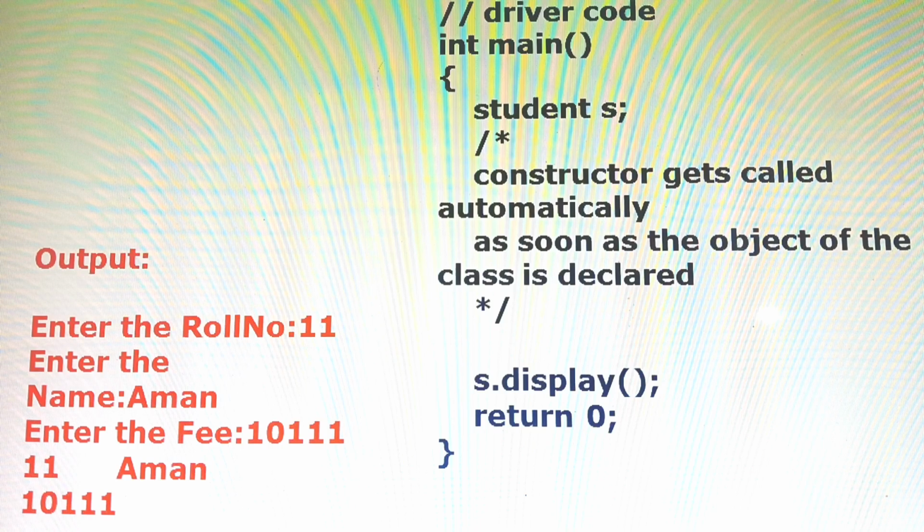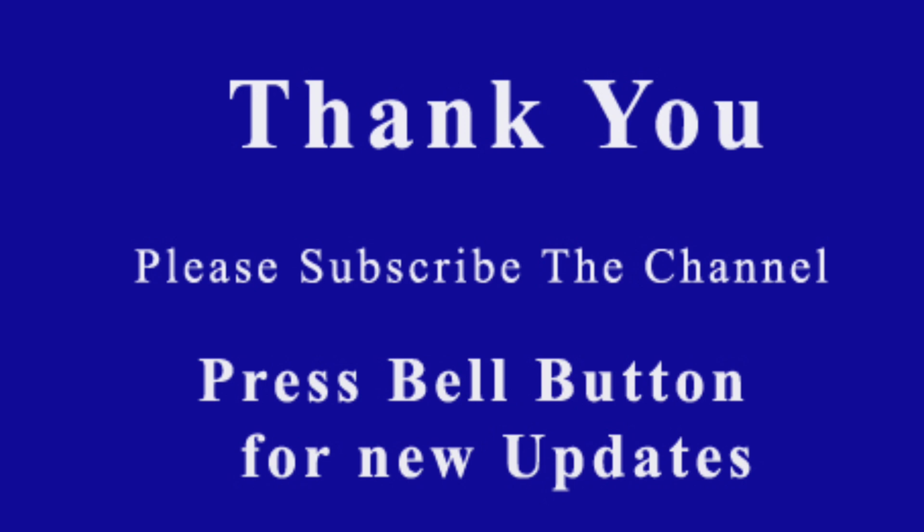Now we have already explained two types: defining the constructor inside the class and outside the class. You can practice it on your computer. If you have any doubts, put them in the comment box and I'll reply. Hope you learned what a constructor is, how to use the constructor, what the characteristics of a constructor are, what the two types of constructor are, and how to use the constructor inside the class and outside the class. Everything you have learned one by one.